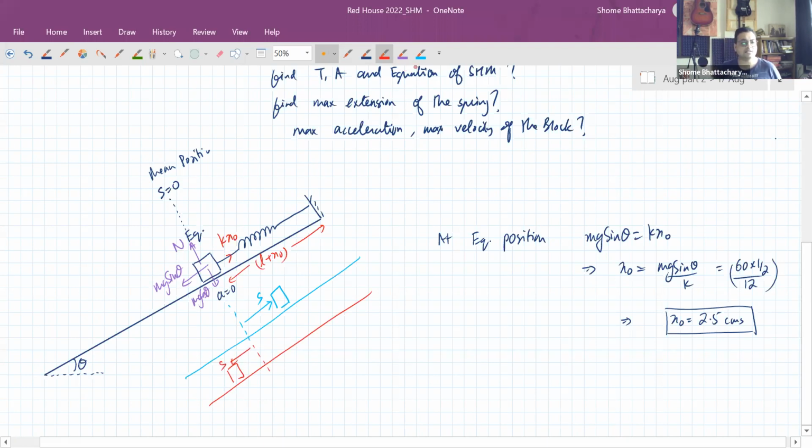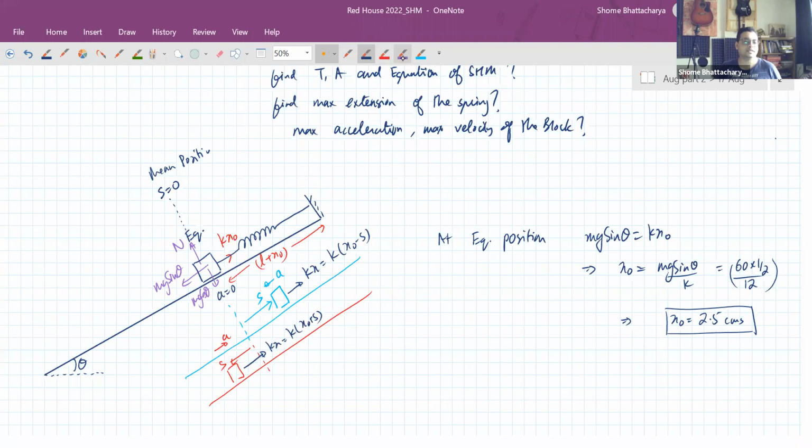Either case, there will be acceleration which is opposite to the displacement. In both the cases, you will see there is acceleration, because in both the cases the spring force will change. Here, the spring force will become kx, which is k into (x naught minus s). And here the spring force would have increased, becoming kx, where x is x naught plus s. So whether you're going with the first diagram or the second diagram, both cases,